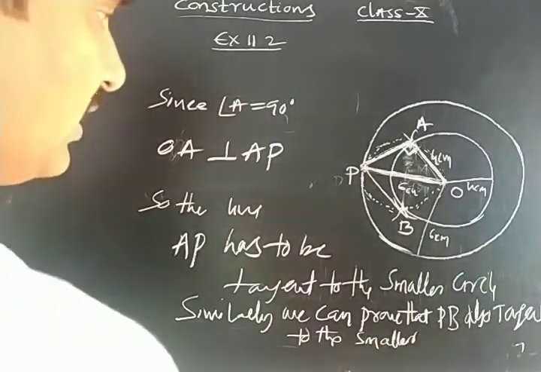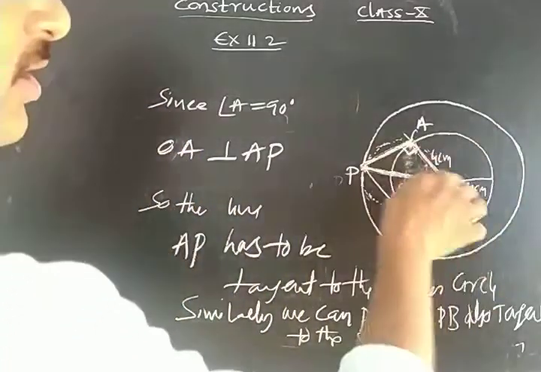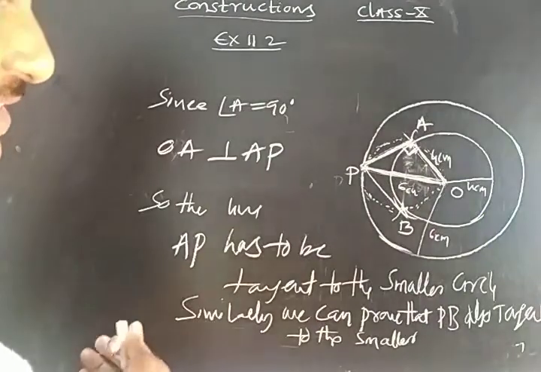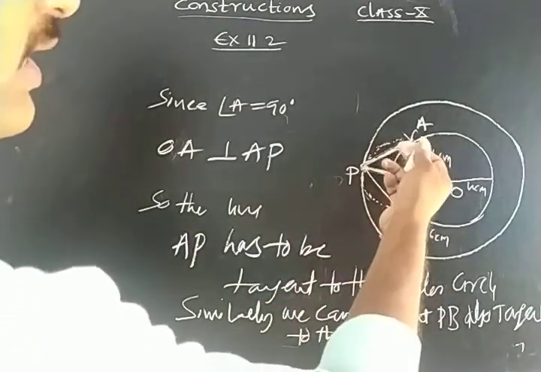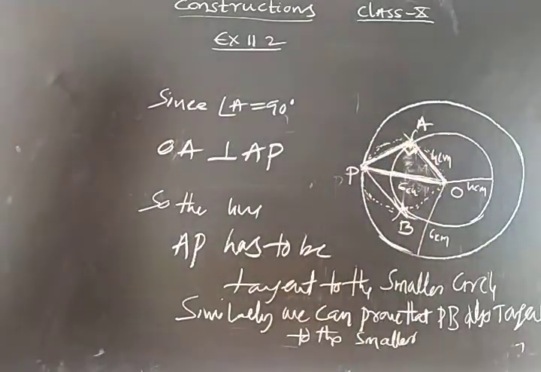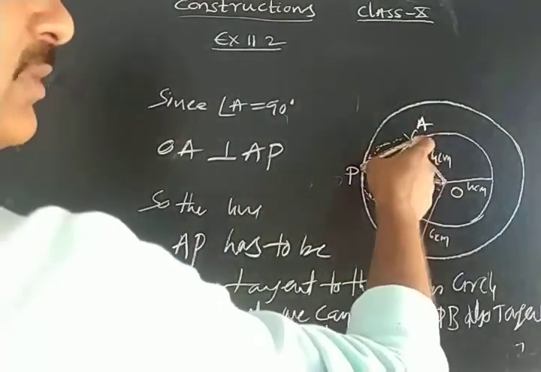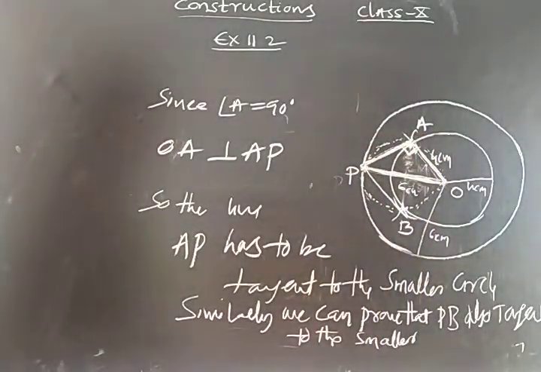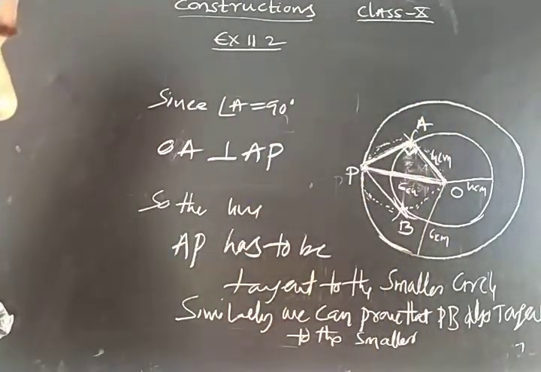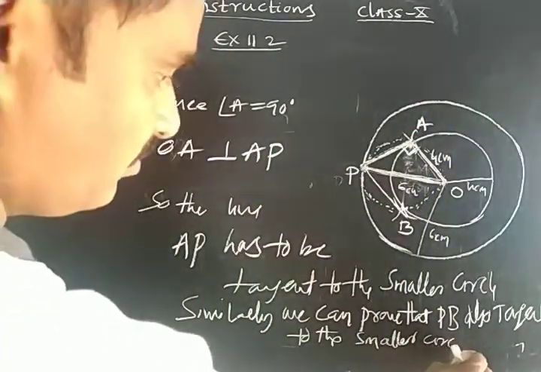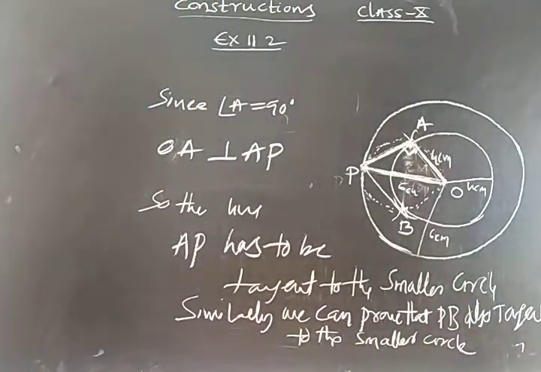So we have to construct. First, we have to construct. According to the construction, you have to write the steps. After writing the steps, using the Pythagoras theorem you can find by actual calculation the length of the tangent, as well as you have to measure the length with the scale also. So you can verify both are equal or not. After that, you have to justify the construction using this method. So this is also one of the important problems.